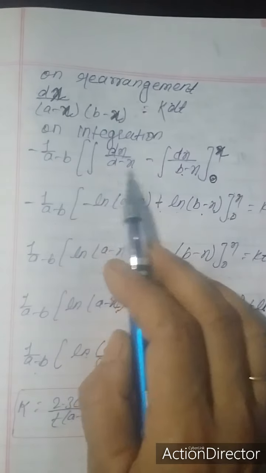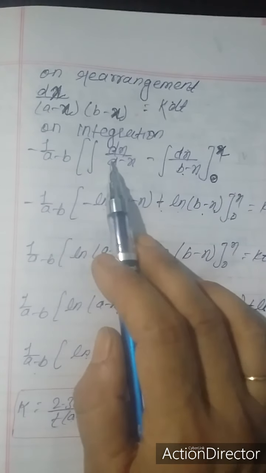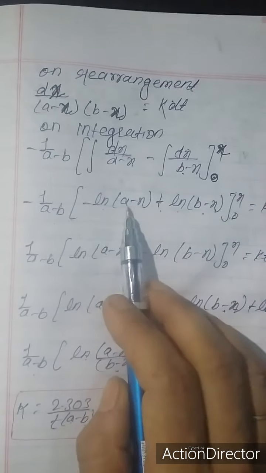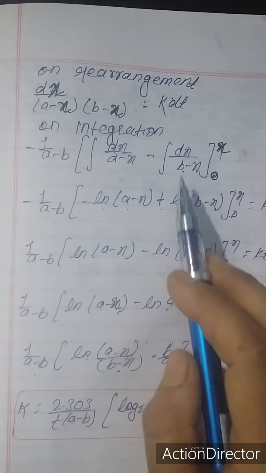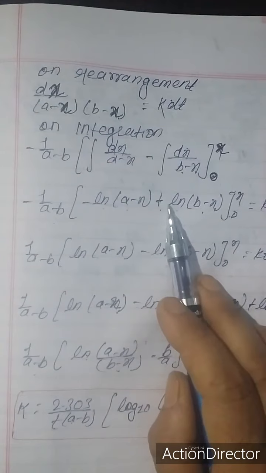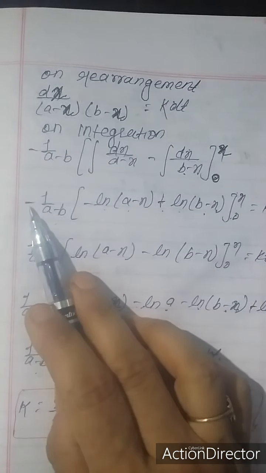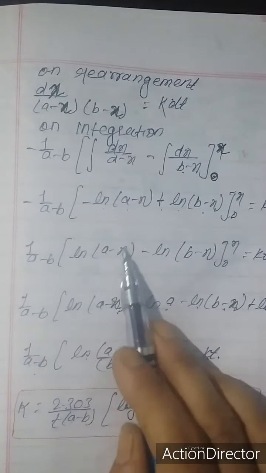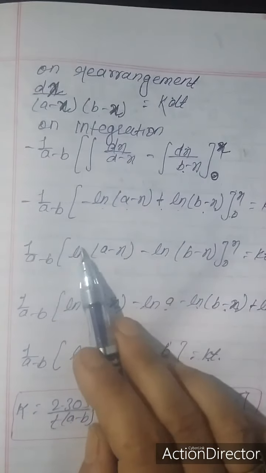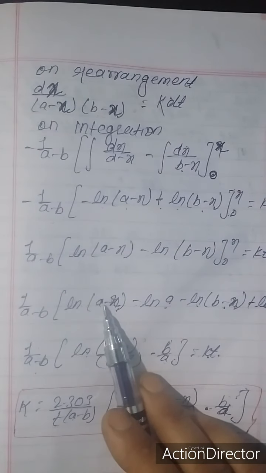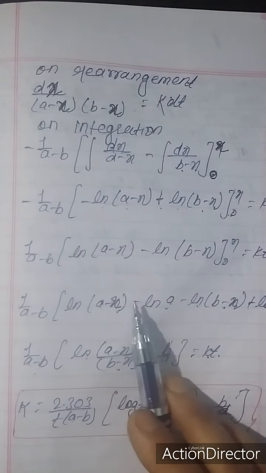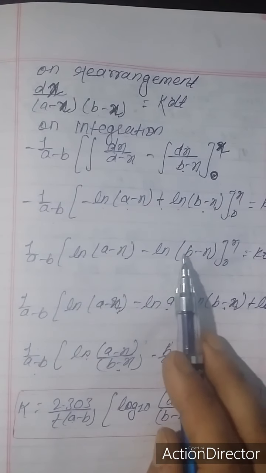So when you find the integration of this, you will get minus log a minus x. Integration of this will be minus log b minus x. That minus and this minus will become plus. Now again I am changing the sign. So this plus will become minus and this negative will become plus. So 1 upon a minus b is equal to 1 natural log a minus x minus